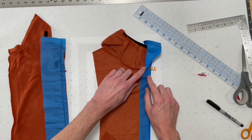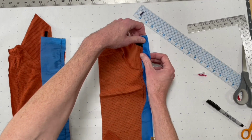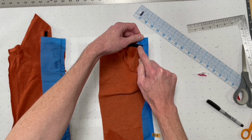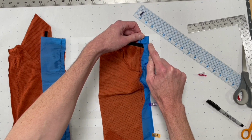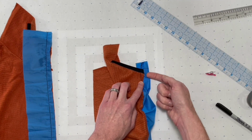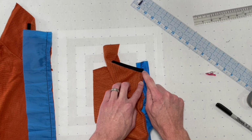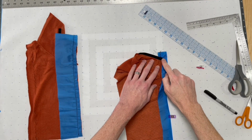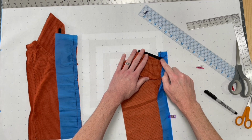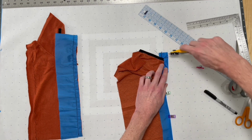Another way of doing it is from the neckline up. You fold this placket right sides together on itself, and then you stitch straight across from where the hood ends, just on the placket. So the placket is opened, folded under itself, and I'm going to stitch from right here where the hood stops, a horizontal line straight across. Okay, so I stitched that straight line across with a black stitch, same color as the marker. So there's a stitch line right here that ends right at the top of the hood, and I didn't catch hood at all. So now I'm going to trim this seam allowance at the top,